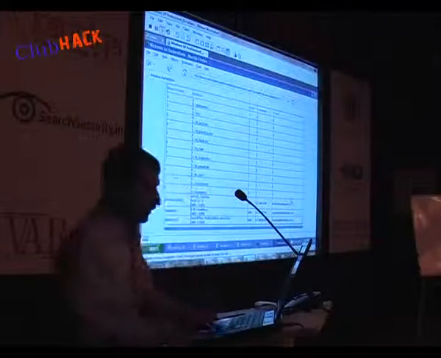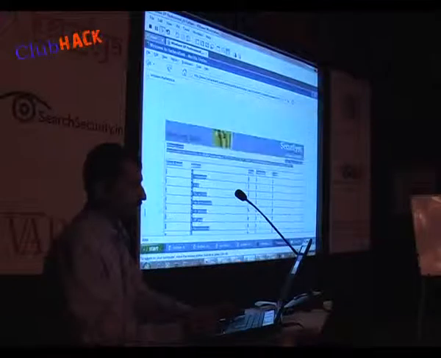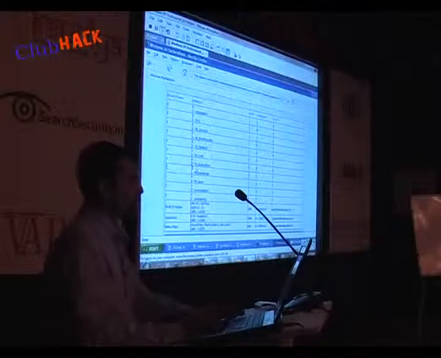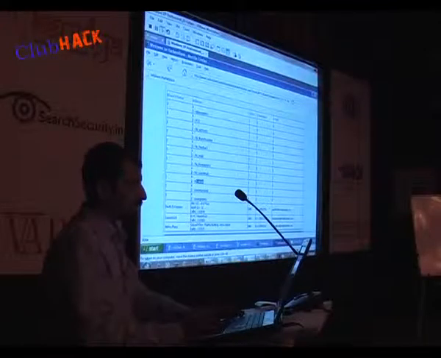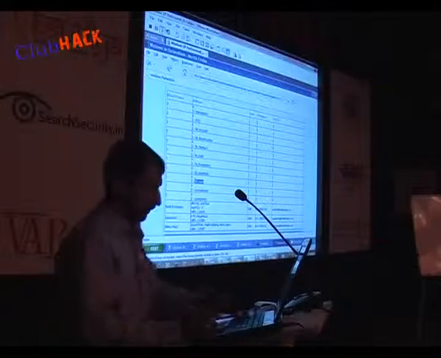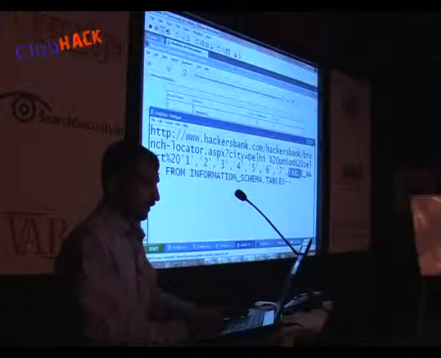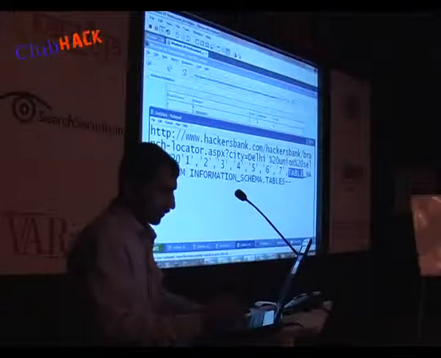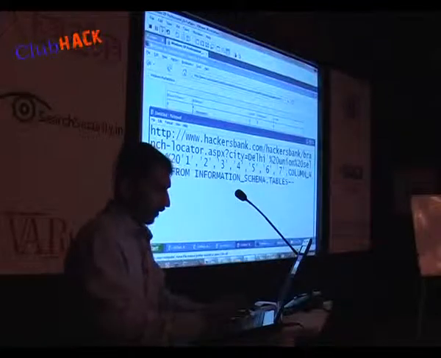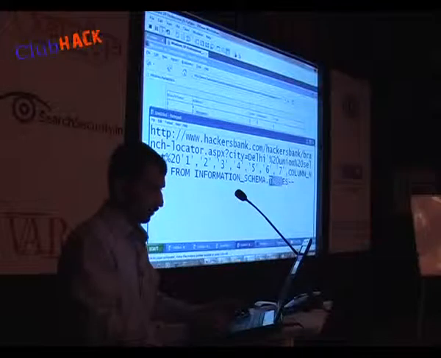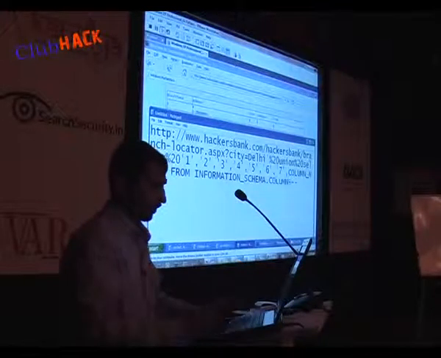Now in this case, if you see, we've got the tables HB users, HB feedback, HB transactions. For me as an attacker, the HB users table seems to be interesting. Okay? So what I will do is, I will go back to my query. Now we've got a field called column name in the information_schema.columns view.